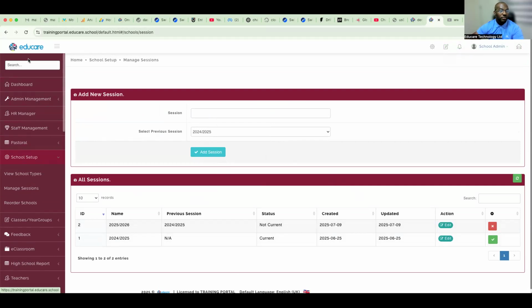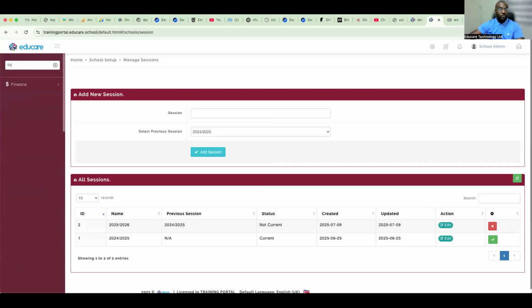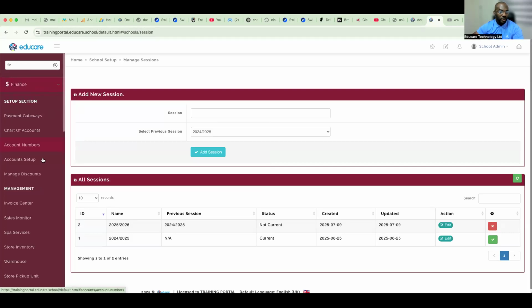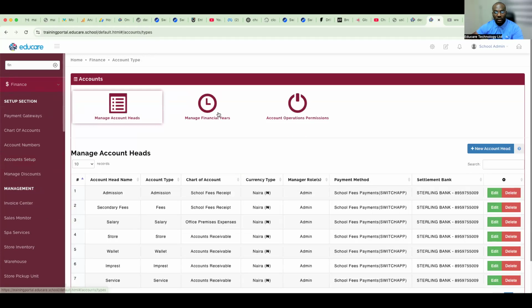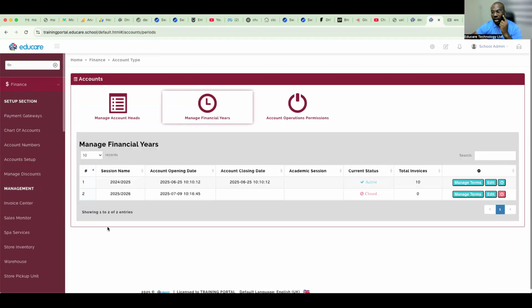However, if I come to finance, go to setup, and we'll go to financial year now. So we have a new one, right? Which is the 2025-2026. Do I want to migrate to it yet? I can decide to migrate to it yet. Do I not want to migrate? It depends on the choice. So at this point, we are still in the old session because I also want to show us how we